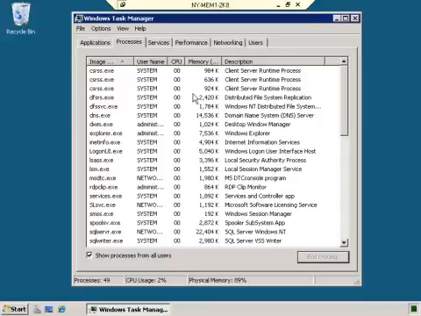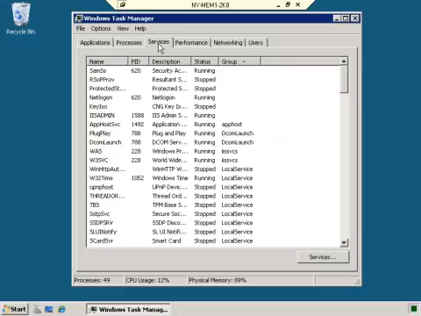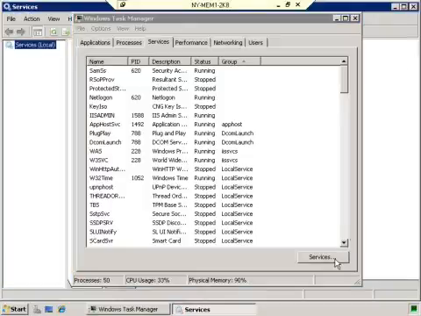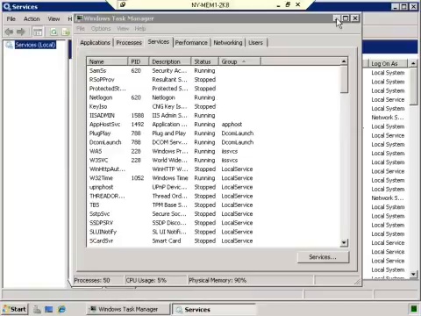All right, now the next tab on the list here is new to the Task Manager. It's not necessarily something that we couldn't see before, but it's something that did not exist in the Task Manager, and that is the Services tab. The Services tab is what allows us to see all the different services and see what state they're in. It also gives us the ability to click on the Services button, and I'm going to click on that now just to show you. And what that does, let me minimize this Task Manager, get it out of the way for a minute,